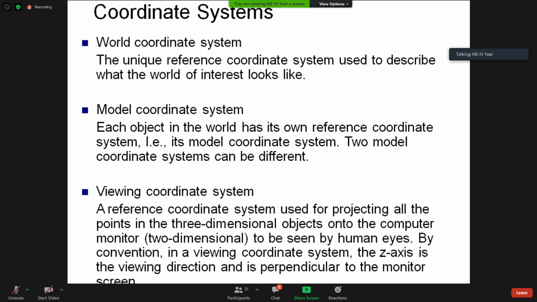Tell me now. Above HP and in front of VP. Now, which quadrant is this? This is the first, right? I'll show you.